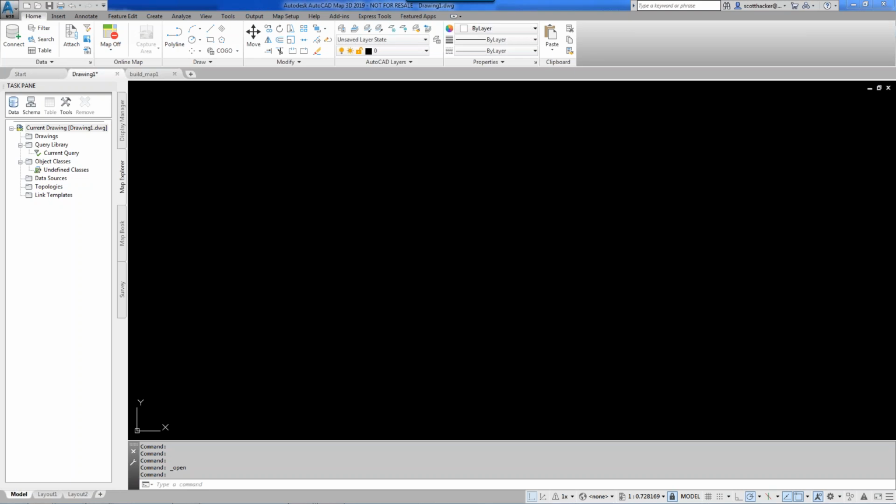Now you have 4 tabs related to your task pane. You've got your display manager, your map explorer, a map book, and you've got survey. Okay, so your display manager is going to be where you manage your features, your databases, your geospatial data files, raster files, etc. Okay, your map explorer is where you're going to be able to view the elements. And these are files where you have connected as sources, queries you've used and saved, templates for linking drawing objects,